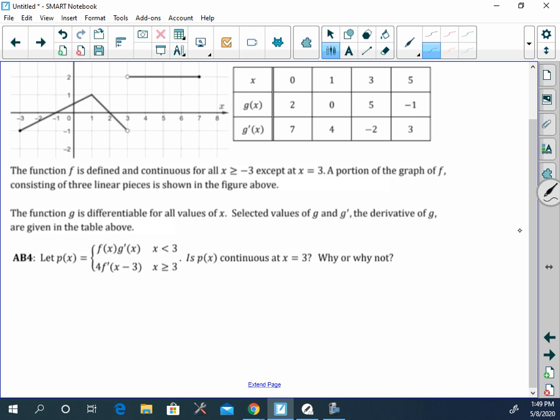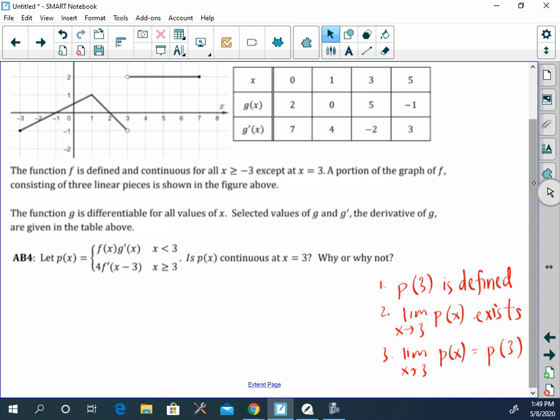There also shouldn't be a hole in the graph. So you have to check that even if the limits equal each other from both sides, the value is also equal to that. So I have here the list of things to make something continuous. There we go. So these are the things for continuity that need to happen. Now I use P instead of F because we're talking about P of X here. So we're going to start with those,